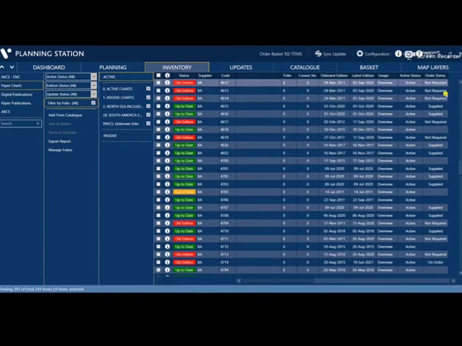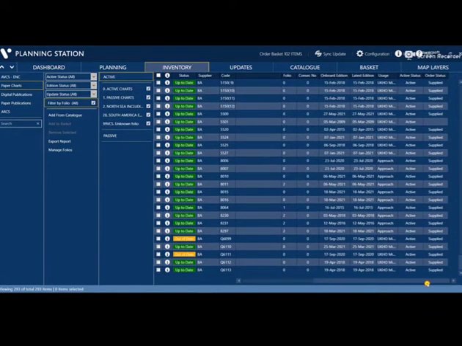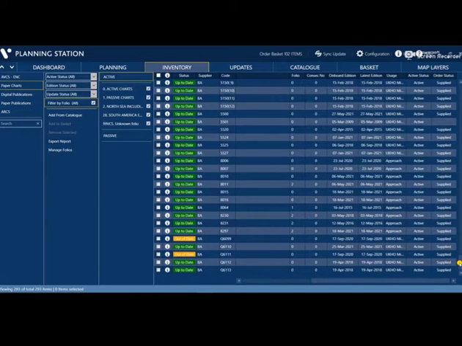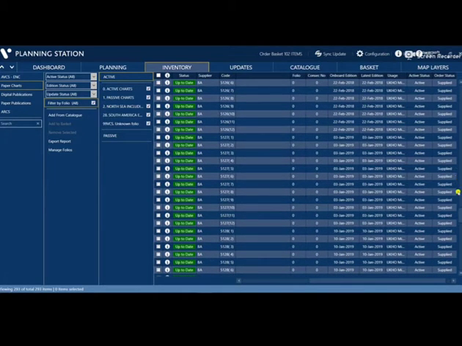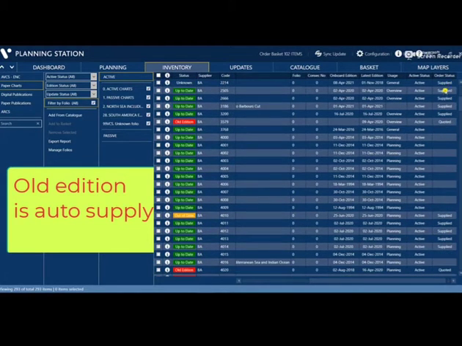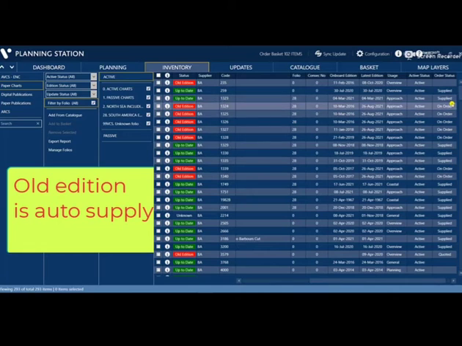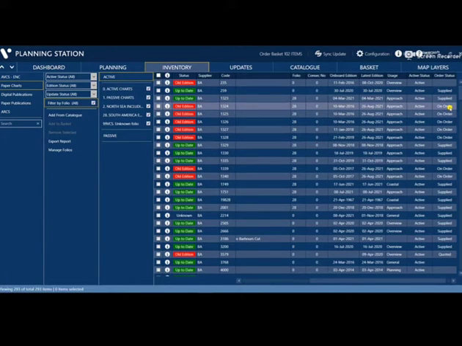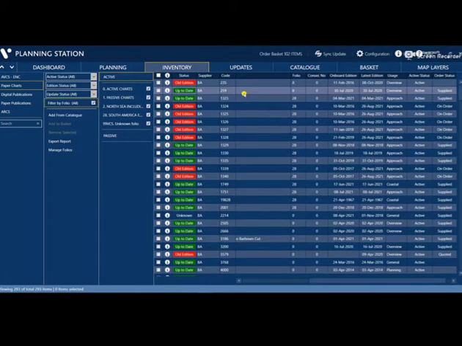As you can see the order status, if not required, it also shows not required. The other one is when you see here on order, meaning to say it is auto supply if your company has a contract with GNS. If you receive paper charts and you update your Voyager, the holdings also update, showing the order status as supplied.